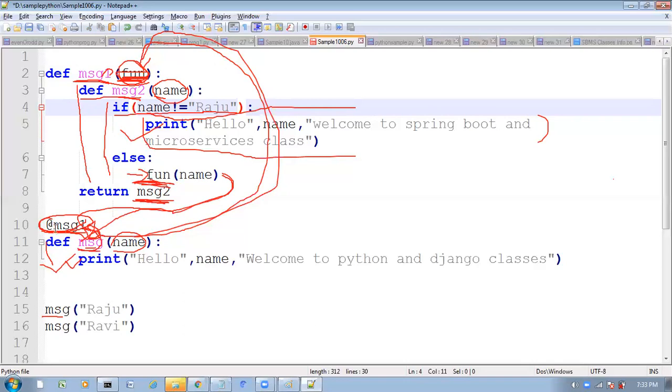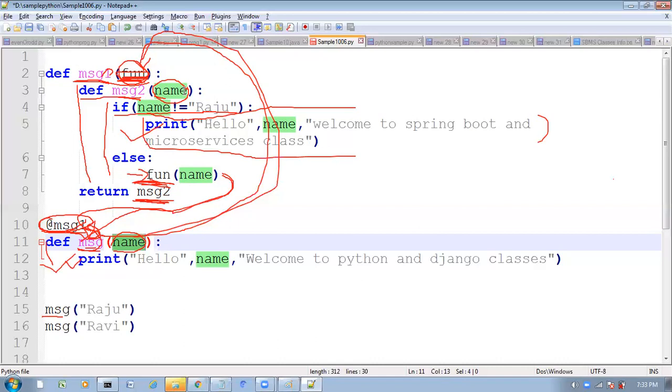If you want to take an argument, whatever argument you are passing here, the same thing you have to take here also. Here you are passing name, but here you are taking some ABC, which is not correct. Whatever you are passing, the same thing you have to take as the argument in the inner function also. Clear? Okay.